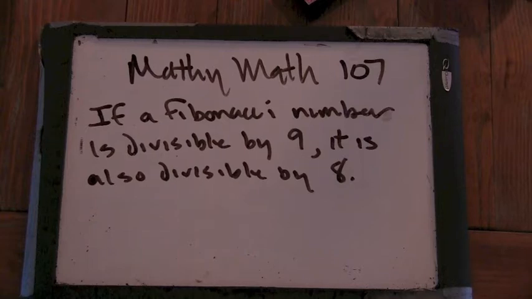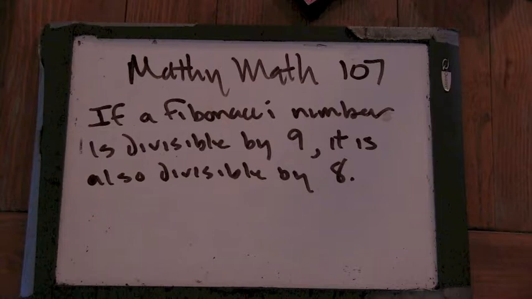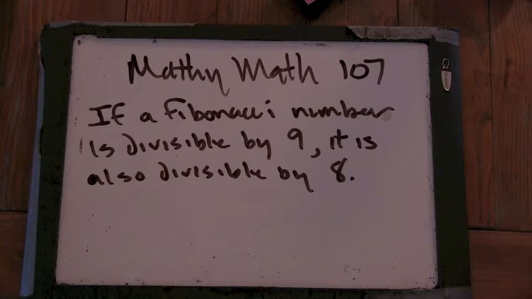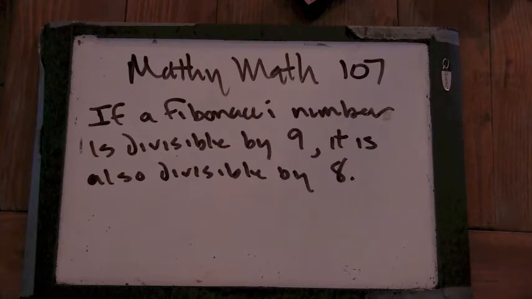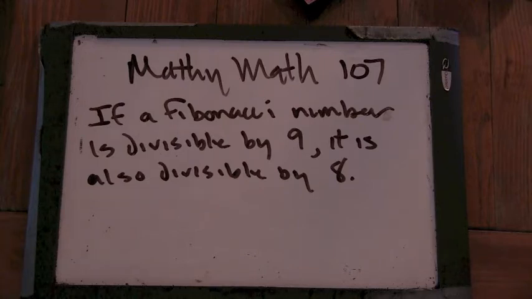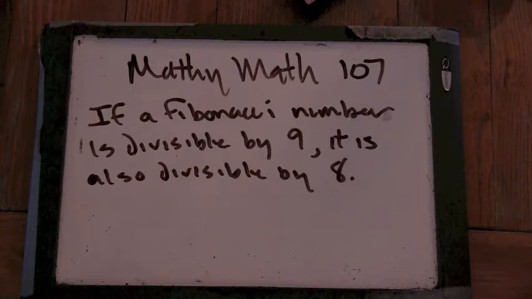So yesterday I saw a neat thing on Twitter by our friend MathyMath107, and he said, "Hey, I just noticed something. I just noticed that if a Fibonacci number is divisible by 9, it is also always divisible by 8." And it was pretty cool, and I played around with it a little bit, and I was able to figure out why that's true. But I thought this would be a neat introductory proof problem. And we don't have to get all the way through it this morning. I'm just curious, more than anything else, how would you even begin to start thinking about this problem?